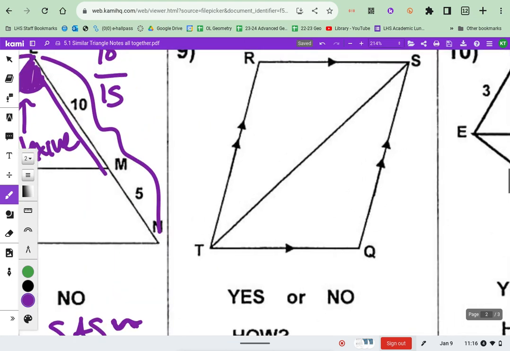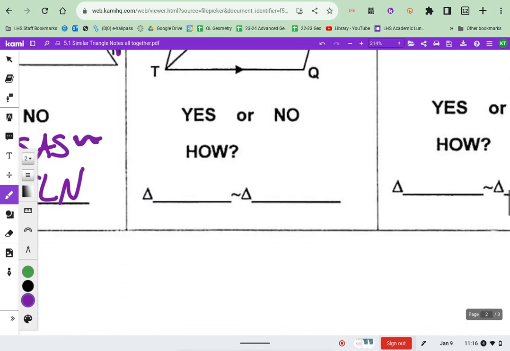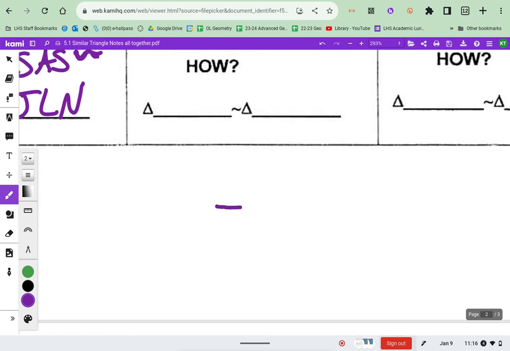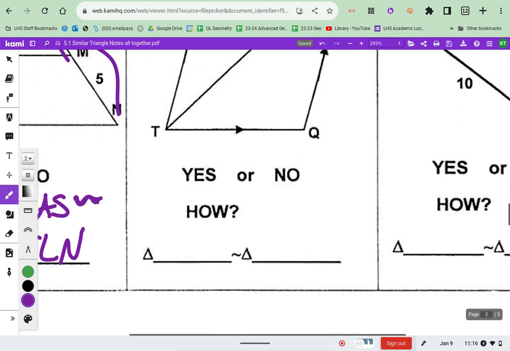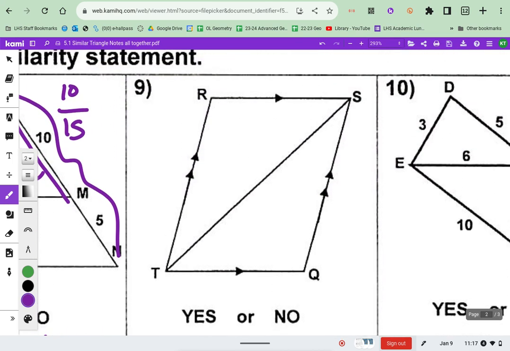For the second one, these colored in triangles mean parallel. And remember, just because something's parallel doesn't mean it's congruent. That was a great question I got. Because for example, I can draw you these two lines. They're parallel, but are they congruent? No, right? So for parallel lines, let's look for angles, like alternate interior and corresponding,